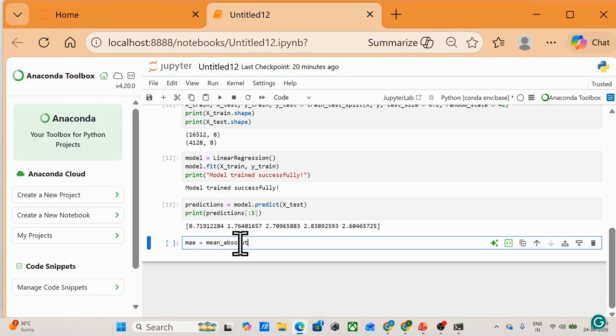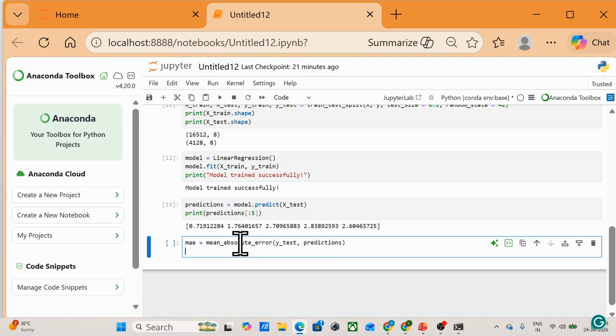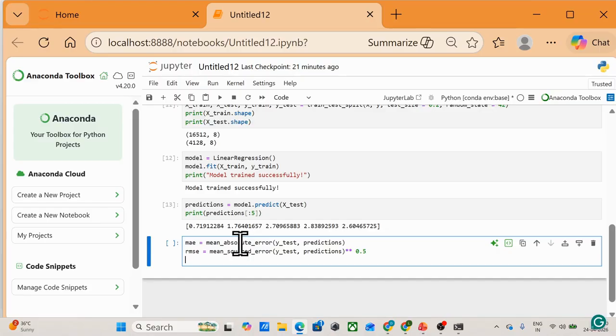Mean absolute error, then we'll also use mean squared error, and then we'll see R2 score, R2 score of y_test and predictions.